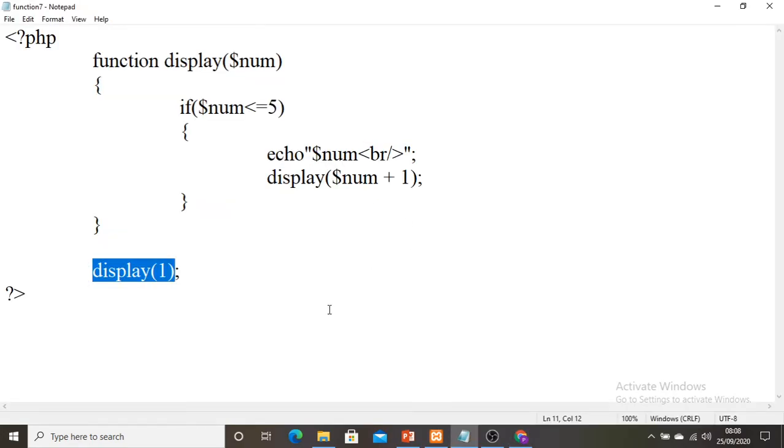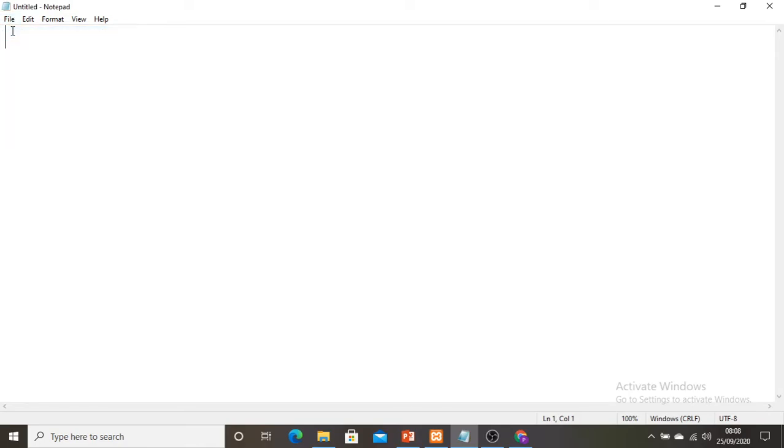Let me go for another example, finding the factorial of the number using the recursive function. Let me go for a new file.